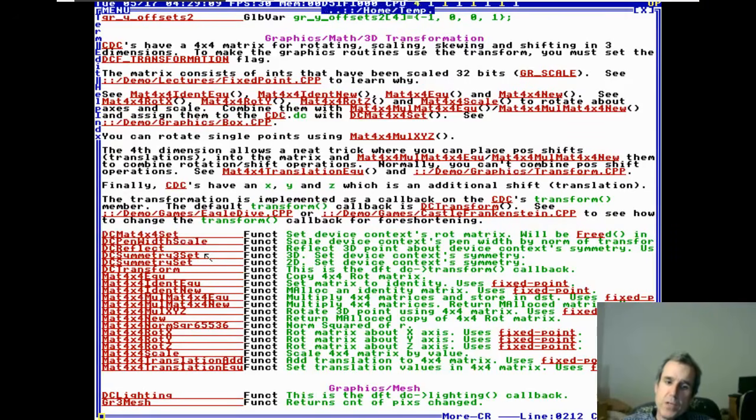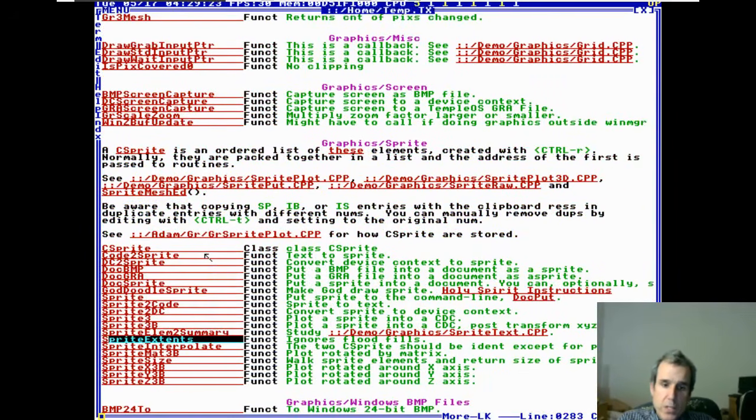Okay, so there's a transformation, a 4x4 matrix multiply. The reason for 4x4, I explain it. Anyway, where are the sprites? Here's the sprites. So you can rotate around the X, around the Y, around the Z, or you can have a matrix that rotates. And there's 3 and 3B. The reason for this is